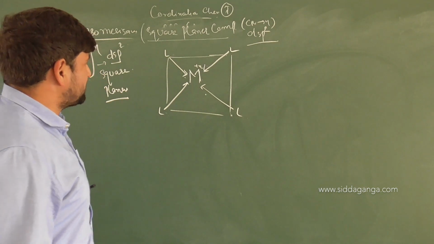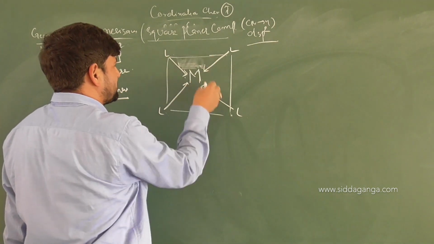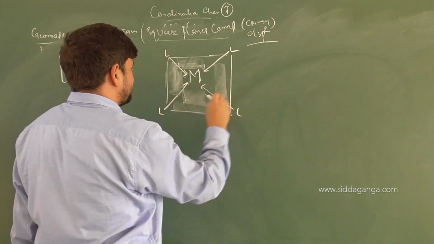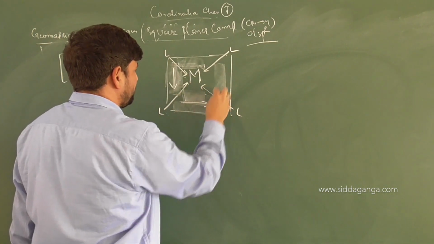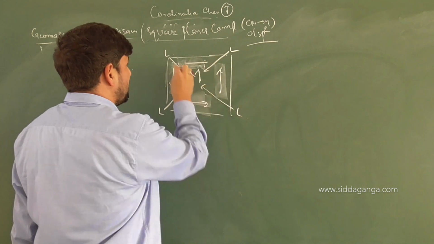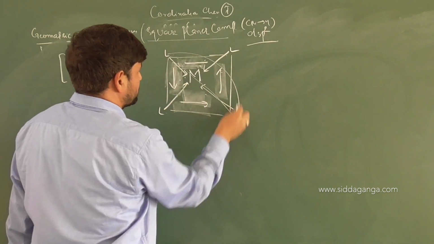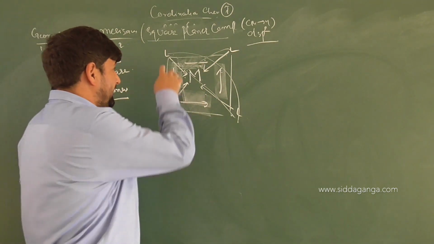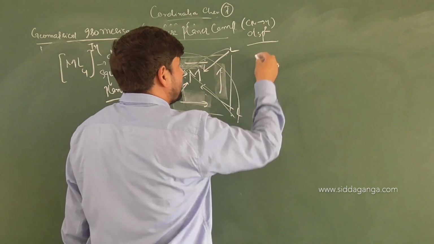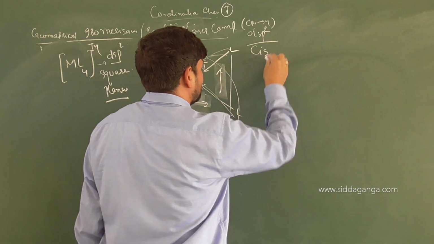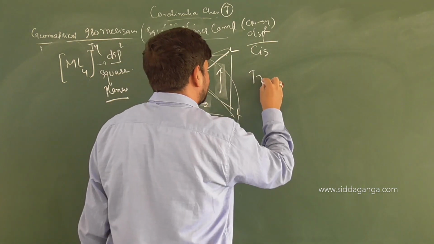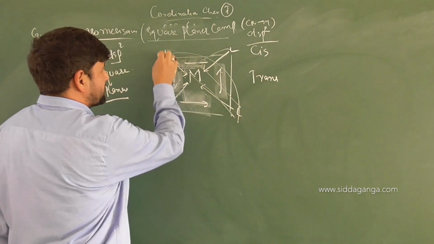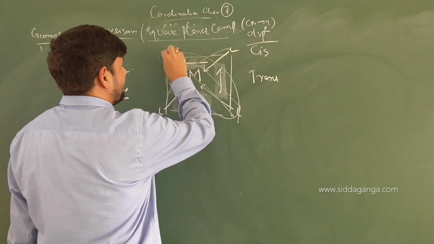Now on the same side, these two are same side. This is also same side. This is same side. So this is same, same, same, and same. What are these two? Opposite. These are also opposite. If two similar ligands are existing on the same side, it is cis. If it is on the opposite side, it will be trans. Now in this case, with respect to L, it is trans also. With respect to L, it is cis also.